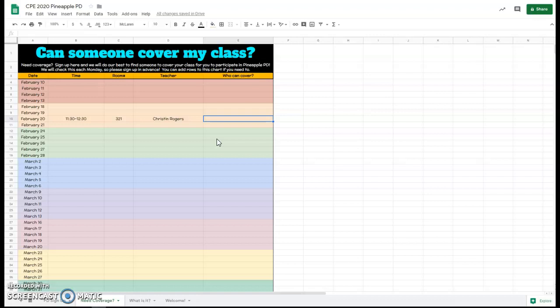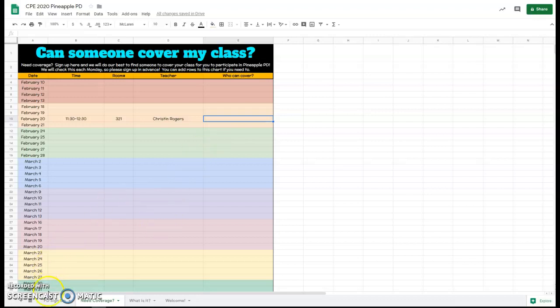Someone asked if teachers can cover for each other, and the answer is absolutely yes. If you see that a teacher is signed up and they need coverage and no one's covered it yet, feel free to volunteer to cover it if you have an open slot in your schedule. For example, it might be your planning period, but not the person who's wanting to go observe. This only works if we all pitch in and work together.